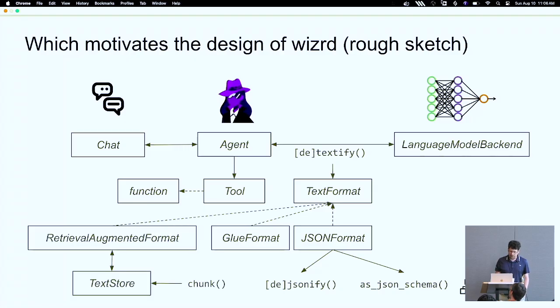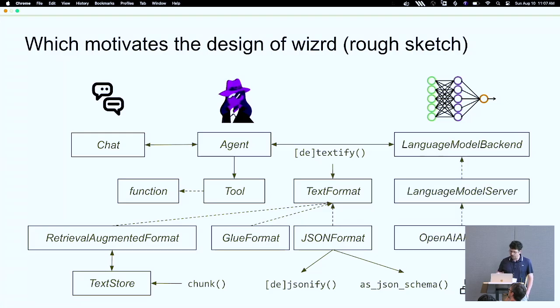You can also have a retrieval augmented format where you're doing RAG, so it's performing a query against a text store. So there's some rudimentary functionality for chunking text and indexing it into a vector store and then querying that. But one of the cool things too is around the JSON schema mapping to S7, which makes it pretty natural to integrate with our workflows.